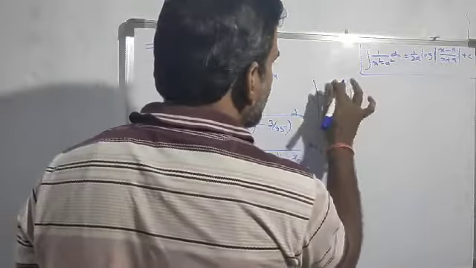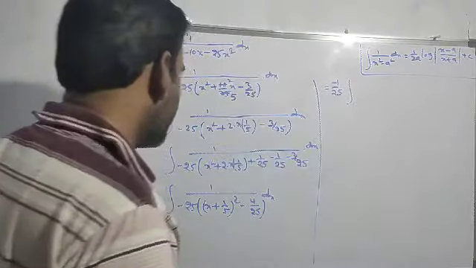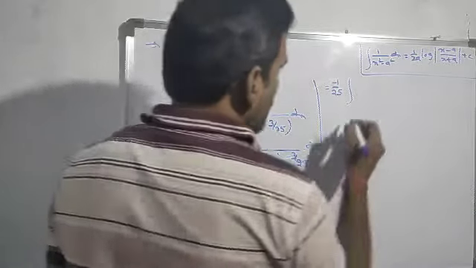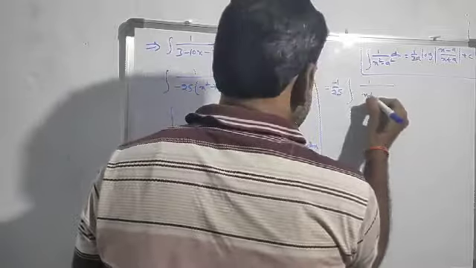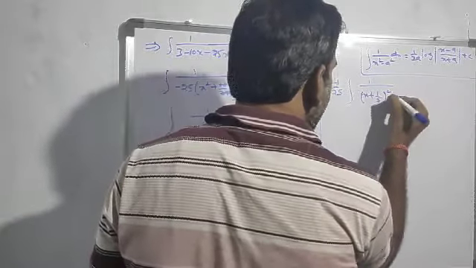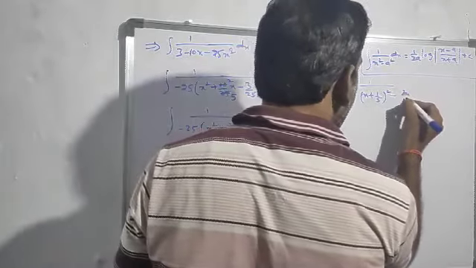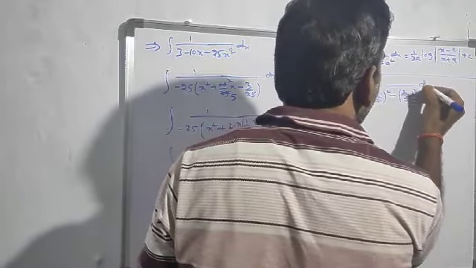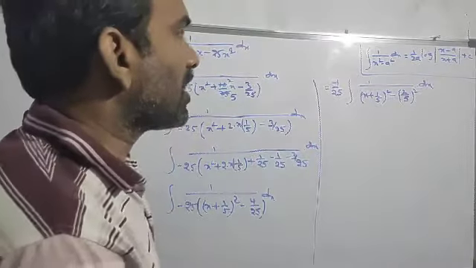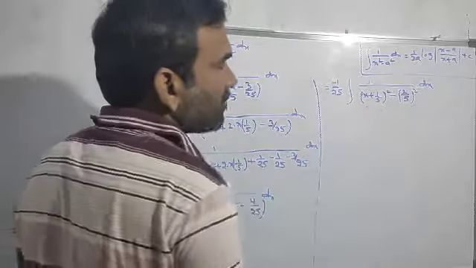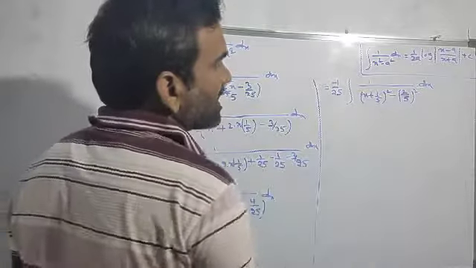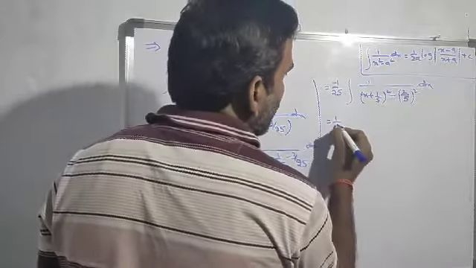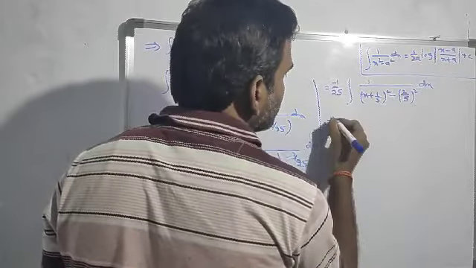Or otherwise you can take it like this also: minus 1 by 25, I am taking outside. So 1 by (x plus 1 by 5) whole square minus (2 by 5) whole square into dx. Now just observe that in the place of x you are having the first degree polynomial x plus 1 by 5, no problem. A value is 2 by 5. So minus 1 by 25,